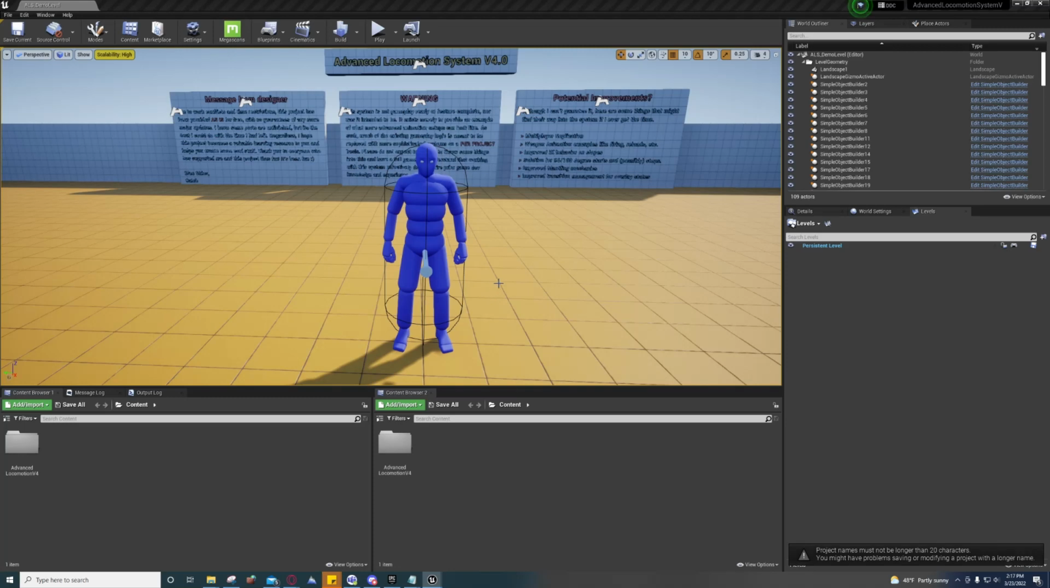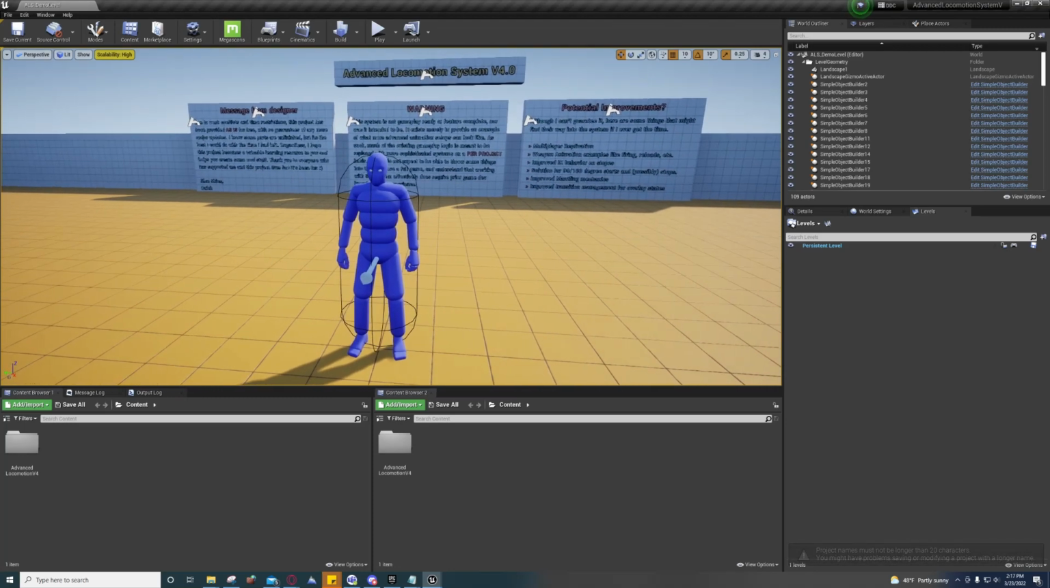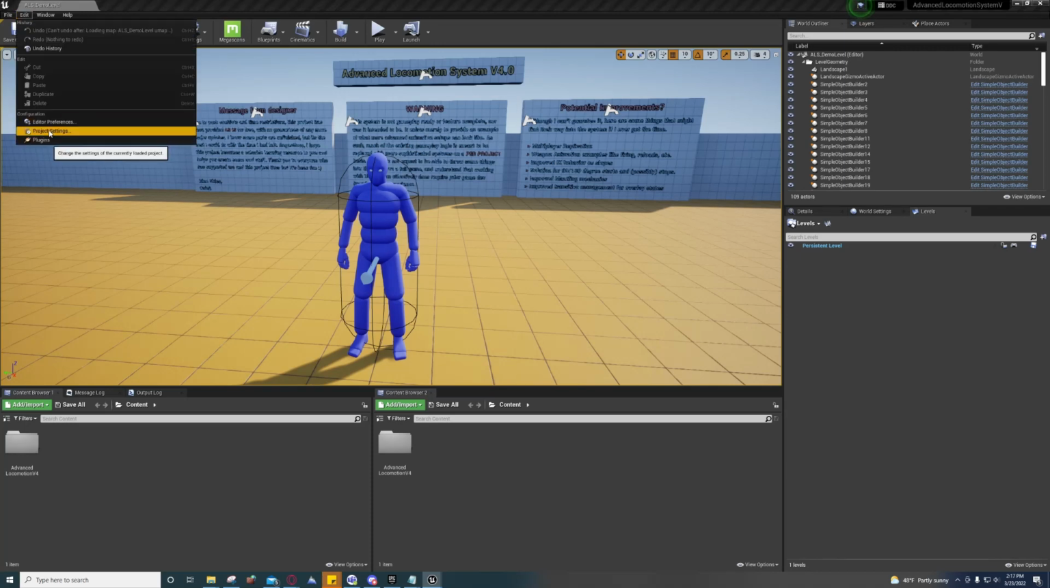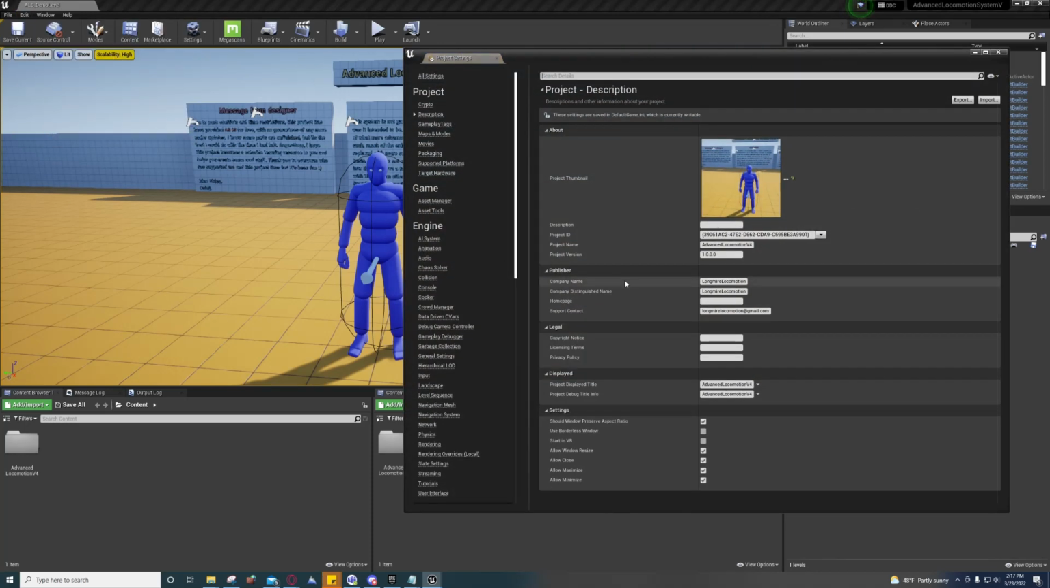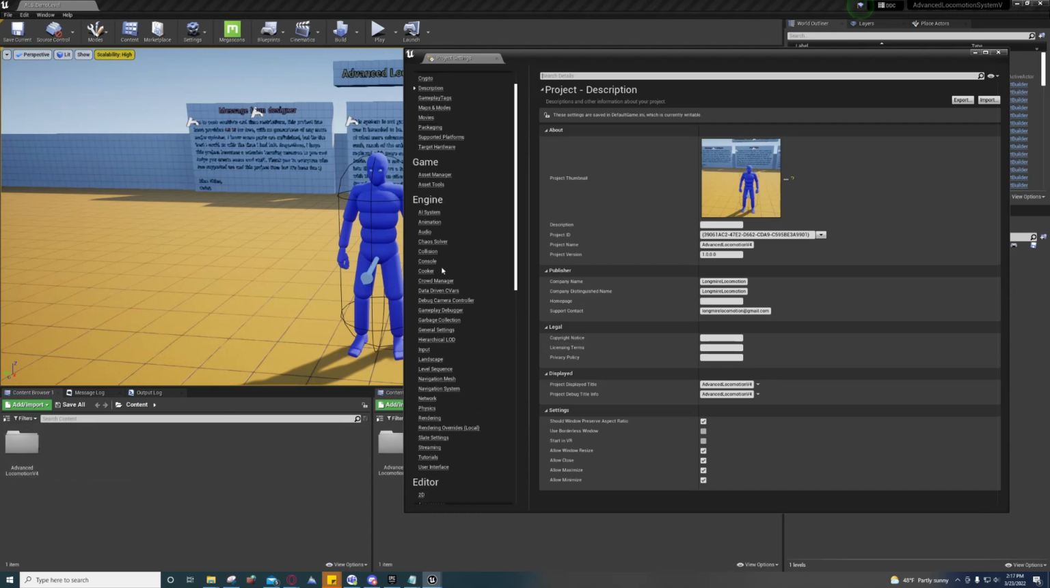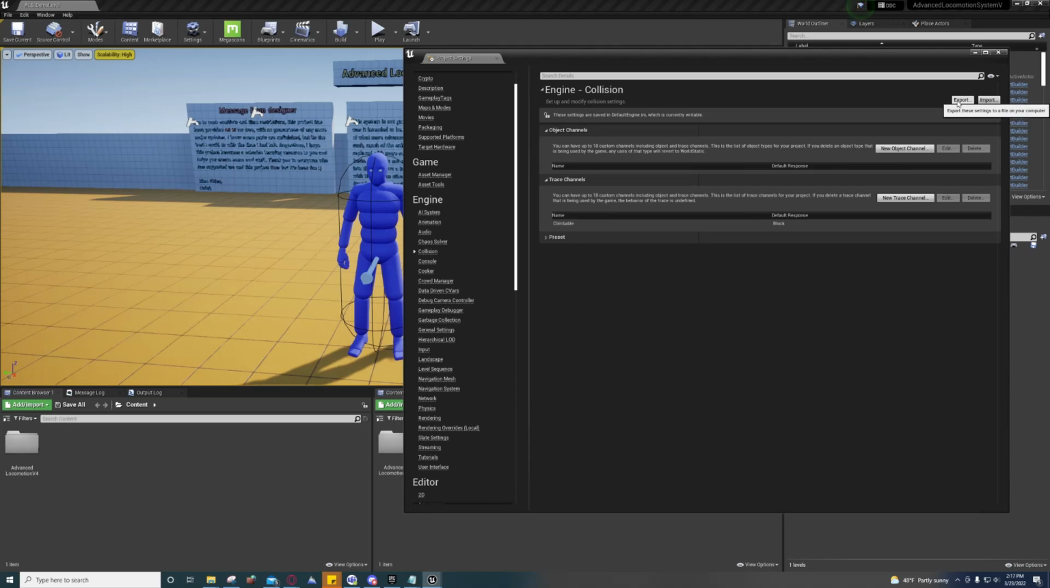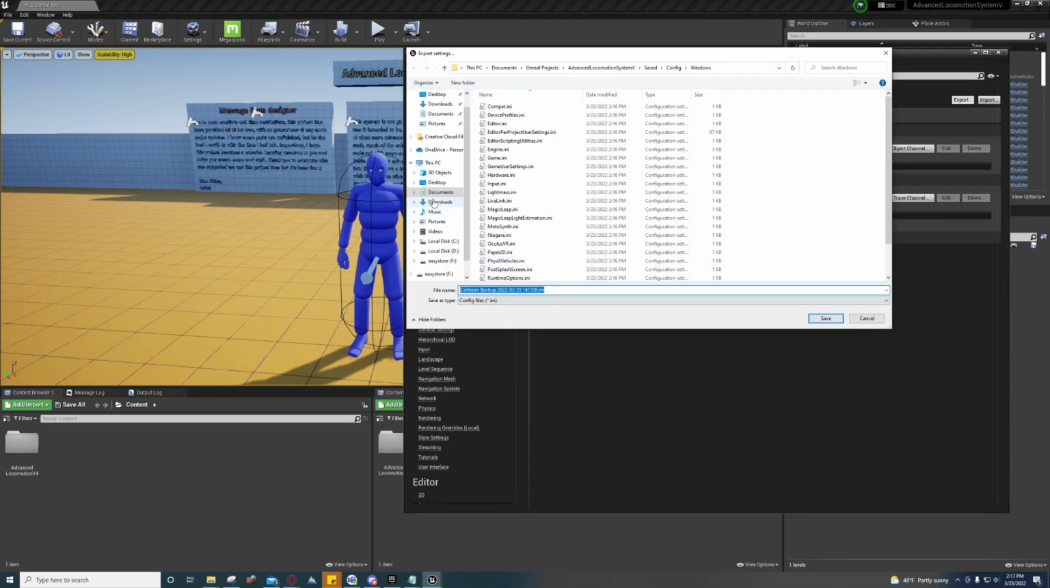and assuming that you know how to start an AVS demo project, what you're going to do is open an ALS demo project. So you're going to go to project settings, edit project settings, and you're going to go to collision, and you're going to export this collision. I saved mine on the desktop as ALS call,